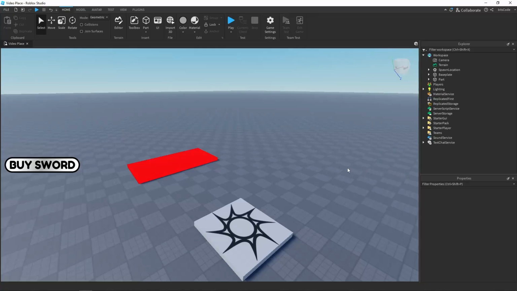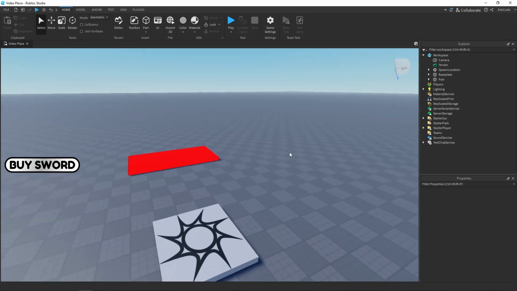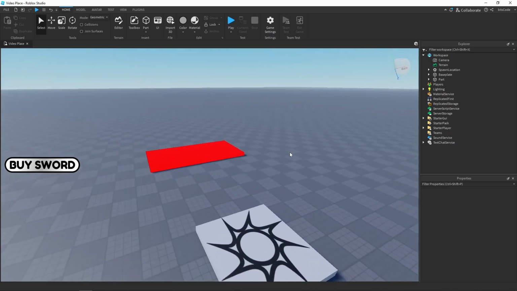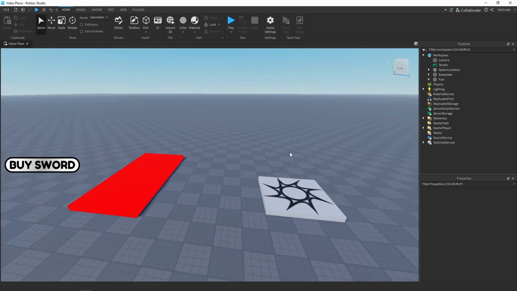Hey guys, I'm Bits Code, and today we'll learn how to create a sword game pass. You can easily swap the sword for any item, like a coil or a cookie, so this method works for granting any item after purchase. We've already covered how to make a Game Pass button in another tutorial, so I recommend checking that out first